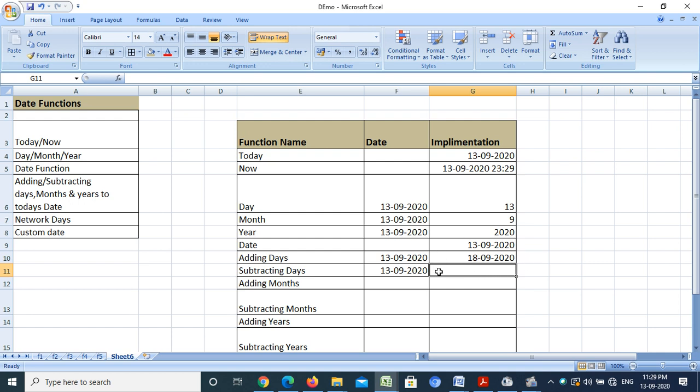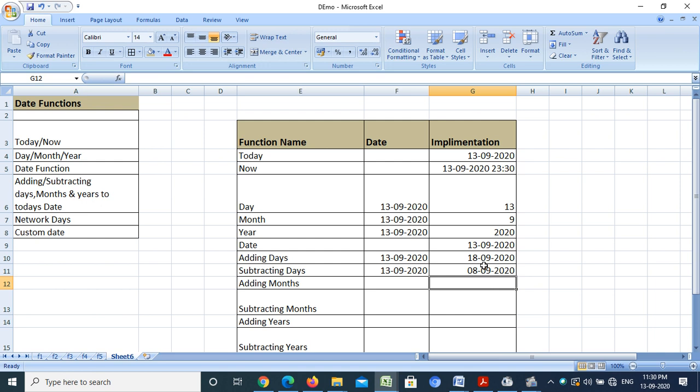Now suppose I want to subtract 5 days from this date, that is from today's date. For that I have to write equal to, select this date and minus 5. Then it will show me 8th September, 5 days back.